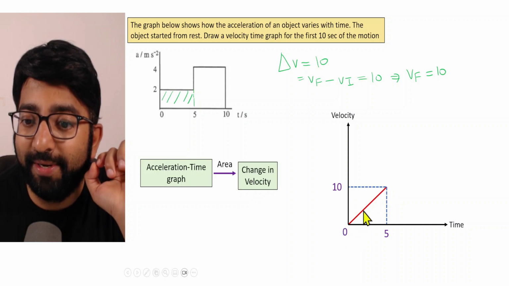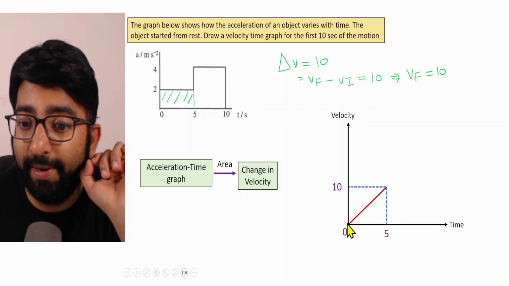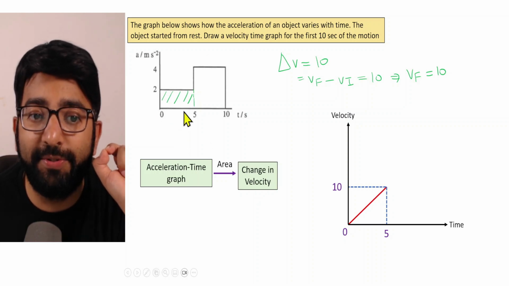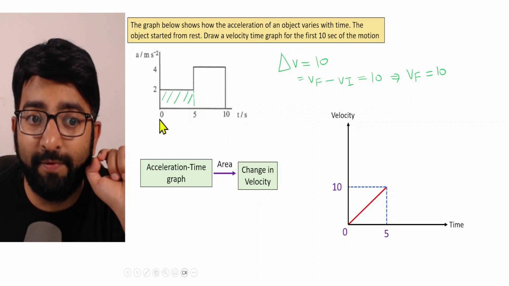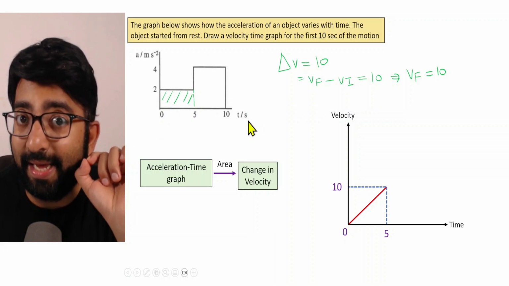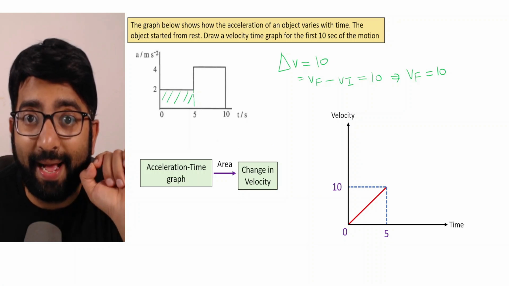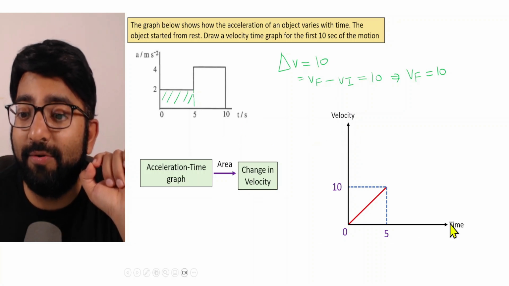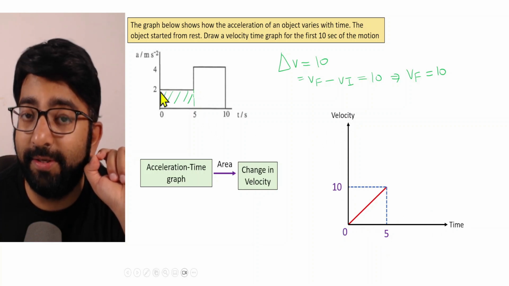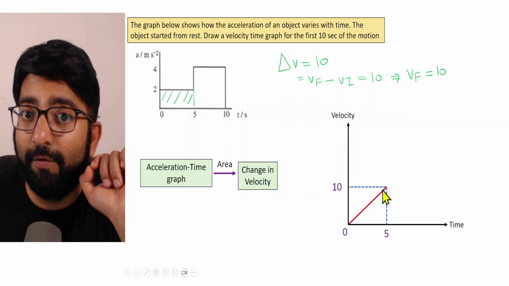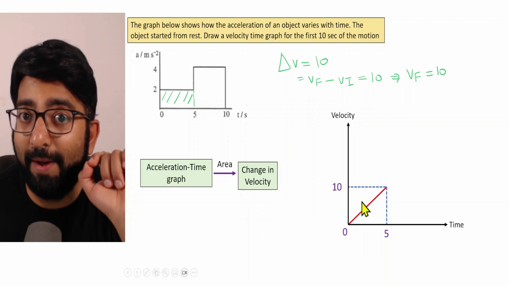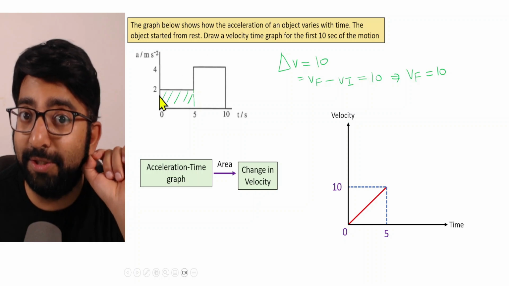And why have we drawn a straight line and not a curve to connect these 2 points? The reason for that is acceleration is constant from 0 to 5 seconds. As you can see in the graph, from 0 to 5, acceleration is 2 meters per second square. And since acceleration is constant and acceleration is nothing but the gradient of a velocity time graph, from 0 to 5 seconds the graph for the velocity should be a straight line having a positive gradient. And why positive gradient? Since acceleration is positive too.